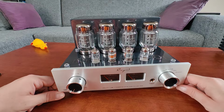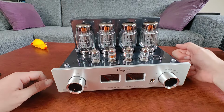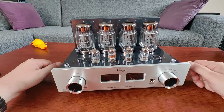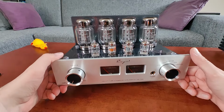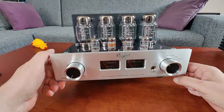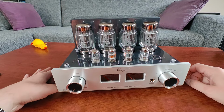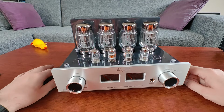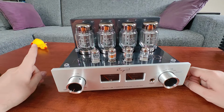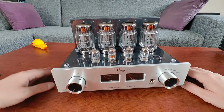So that's about the outside and the build quality. It's very solid. It's built like a tank. Underneath we have anti-vibration feet, quite solid anti-vibration feet. I'll give you the tour of the underneath in another video when I'll be opening the device and showing you what's inside, because this is also an interesting thing. The build inside is great. Okay, so